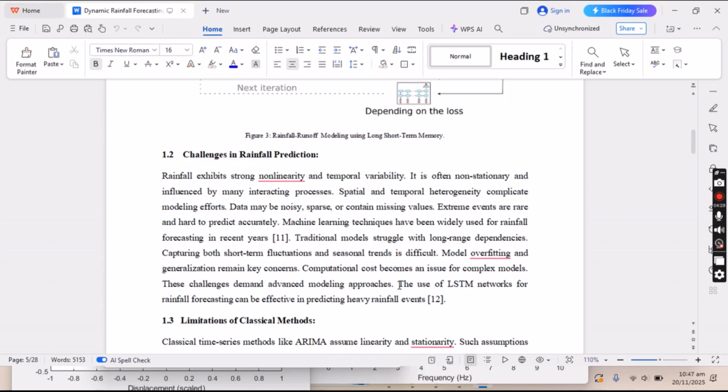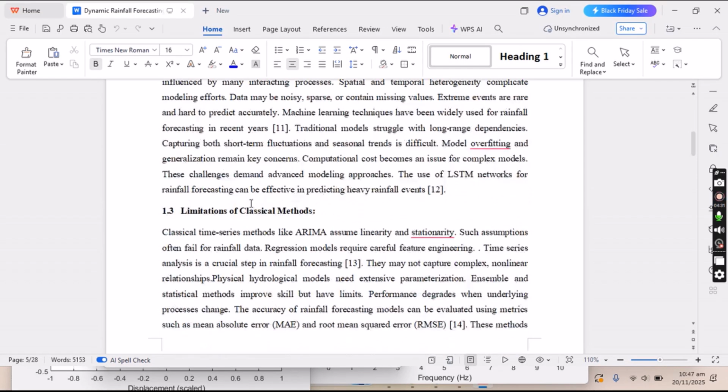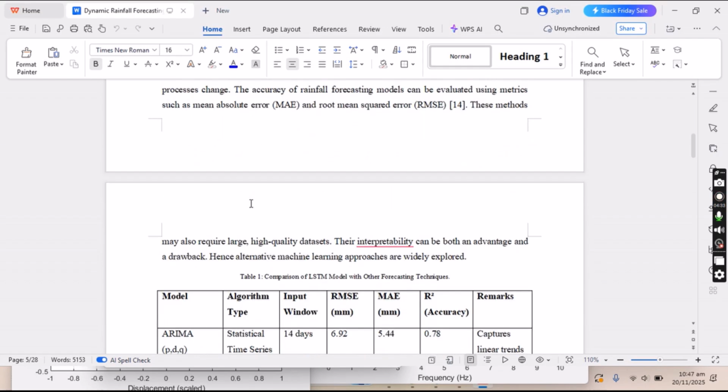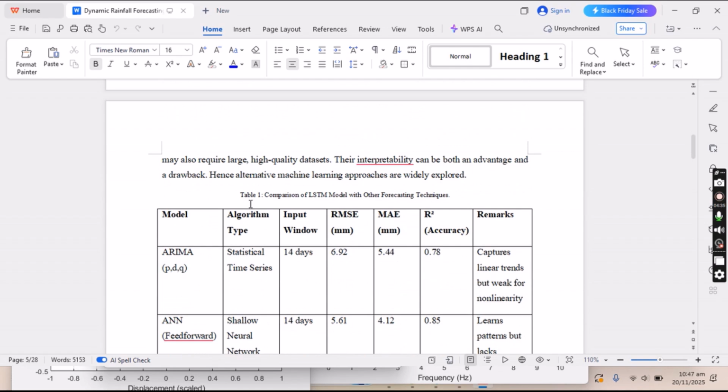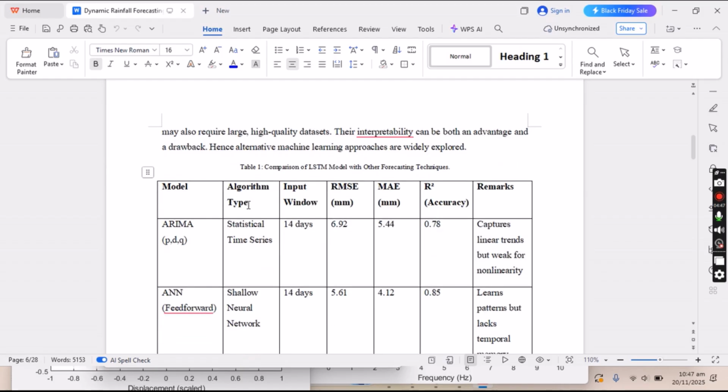So the challenges are defined here, the limitations of classical methods as well, and these are the tables according to the interpretability, which can be both an advantage as well as a drawback of the rainfall prediction model. So here is a